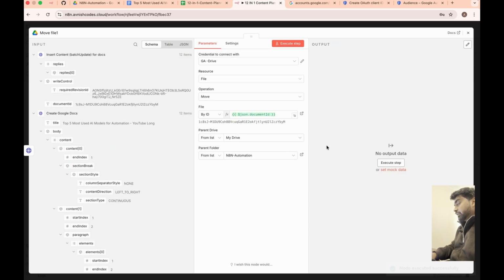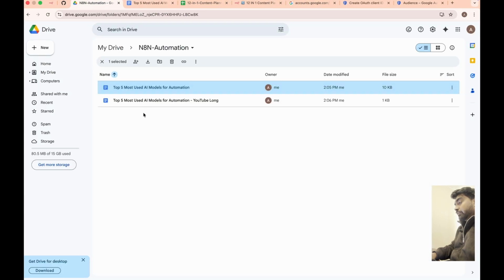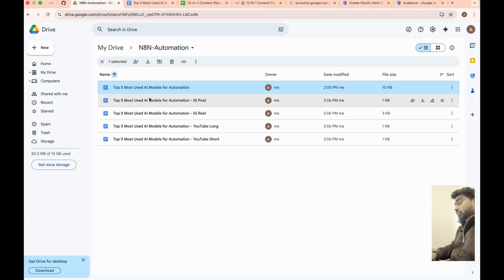Now we have to save that. To save it, make sure you are using JSON.document ID and not anything else, because we are actually pulling the last JSON executed, and because you duplicated it, you have every piece of information correct. You can just verify it and click on execute. As soon as you did that, it's completed. You can just go back to your drive folder. You will see the files getting created in your drive.